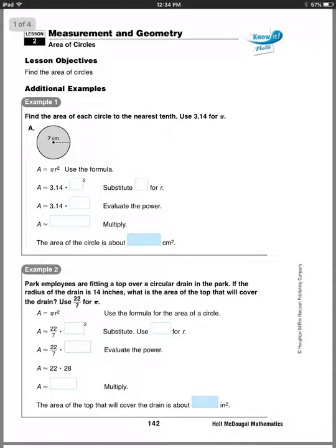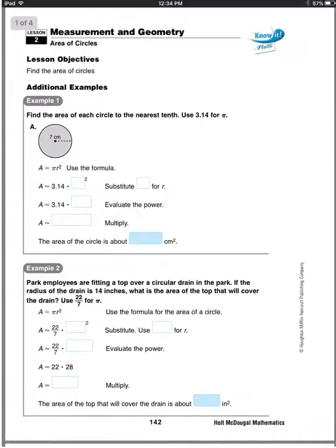So yesterday we learned how to find the circumference, or the distance around a circle. Today we're going to find the area of a circle, which is what's inside. Okay, so to find the area we always use the formula pi r squared. That means the following: A equals pi r squared means the same thing as doing A equals pi times r